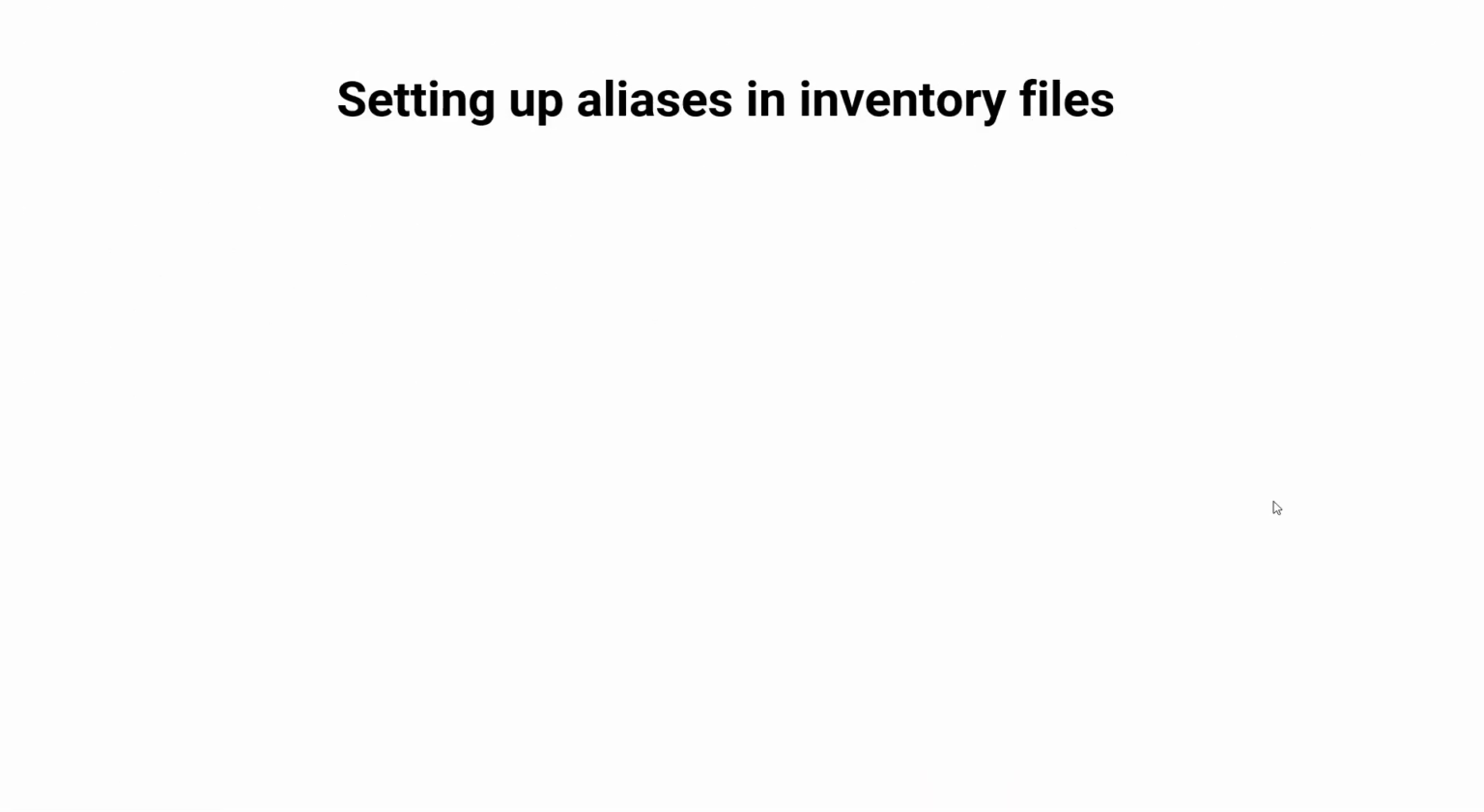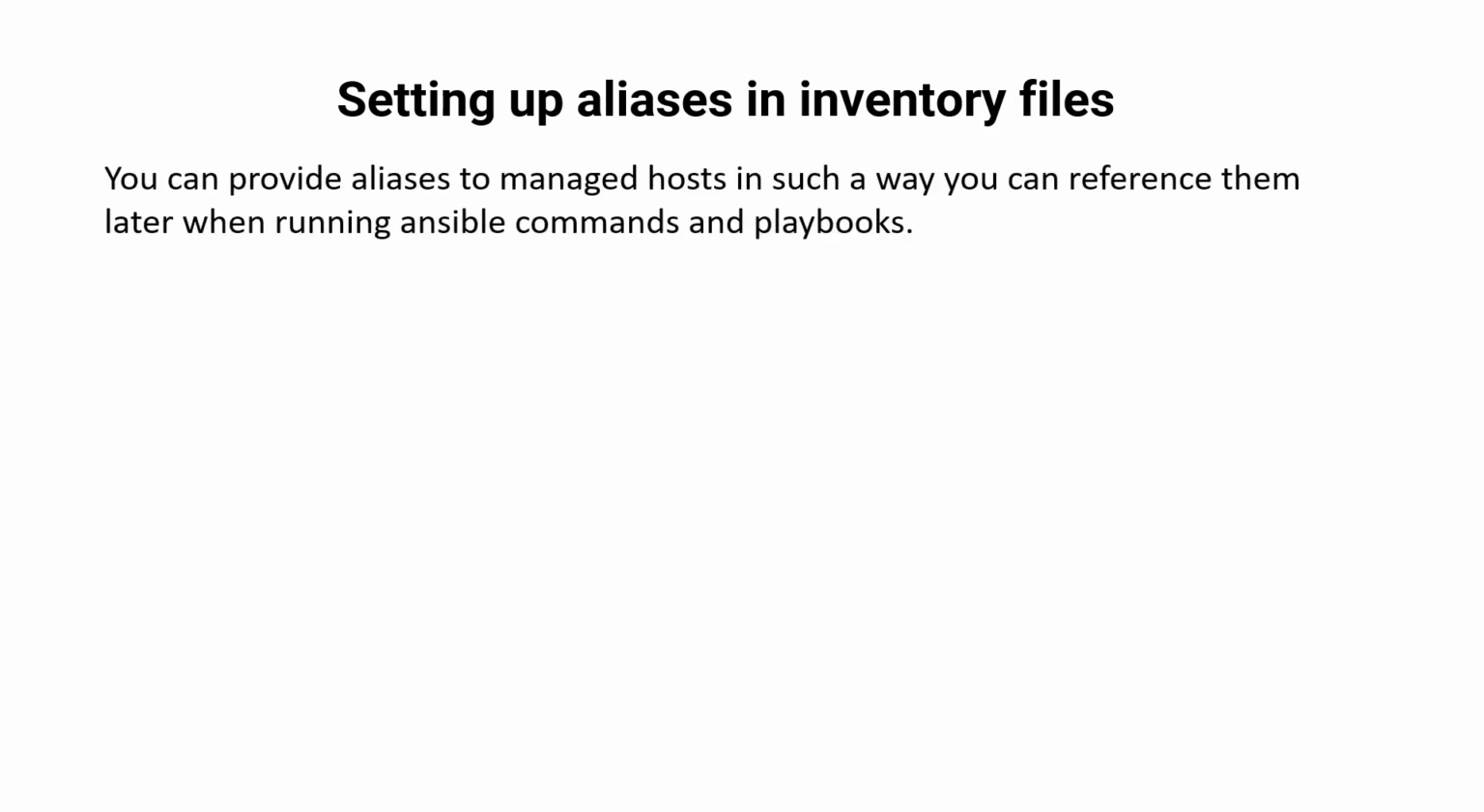So another thing you can do in an inventory file is to set up aliases for your managed nodes, okay? Now you can provide aliases to managed hosts in such a way that you can reference them later when running Ansible commands and playbooks. And the way you do that is to begin with the alias name. So here I've decided to use the alias name server1, followed by a variable called ansible_host, which points Ansible to the IP address of the node,